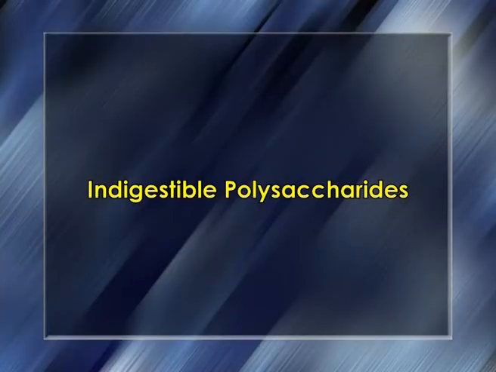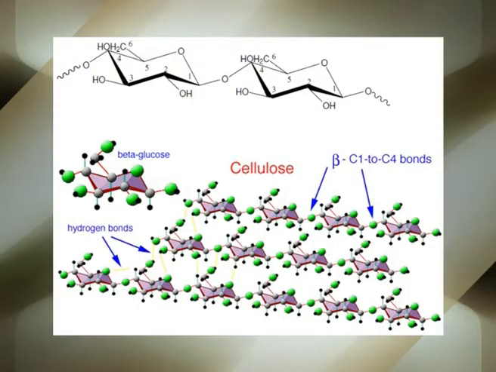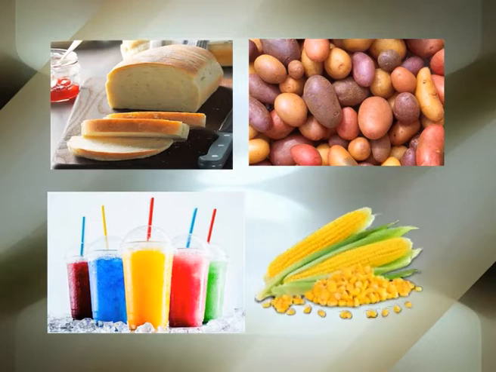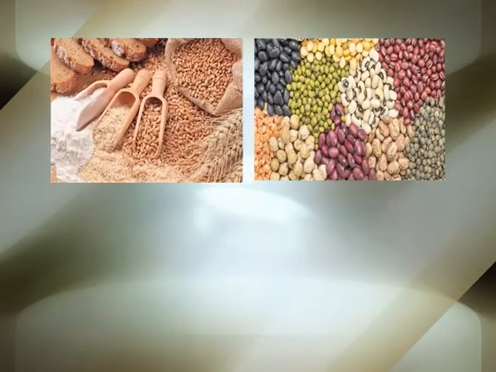Fourth, indigestible polysaccharides. Indigestible polysaccharides include cellulose, hemicellulose, pectin, gum and mucilates. These types of polysaccharides are mostly present in the plant foods. They play a significant role in the different parts of the food. Now dear students, let's discuss sources of carbohydrates. The main sources of the carbohydrates are bread, potatoes, cookies, soft drinks, corn, whole grains, legumes, fruits, starchy vegetables, milk,